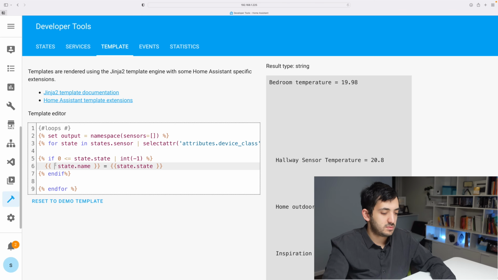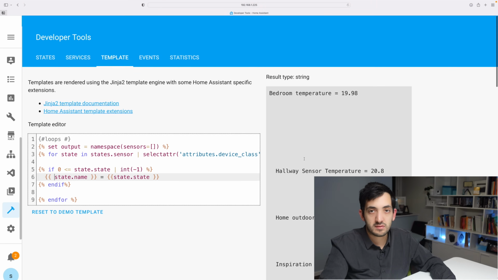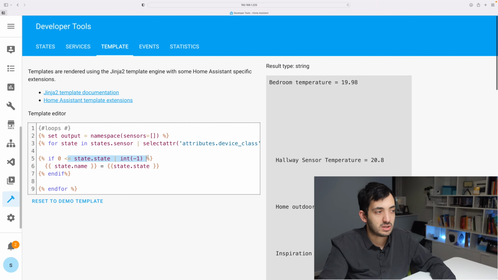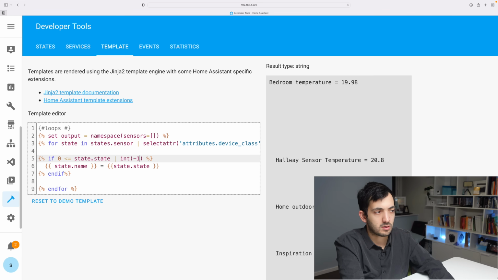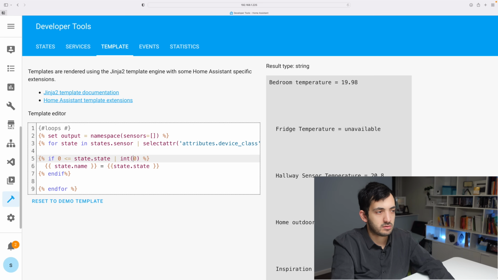So if we indent this, we can start seeing a pattern. We should have excluded that value that we didn't need anymore, because we're using 0 as a value, we've got to go minus 1. So we know that if that is happening. If you see, if I put 1, unavailable appears. If I put 0, it's there. If I put -1, it's gone. But if I kept 0 over here,